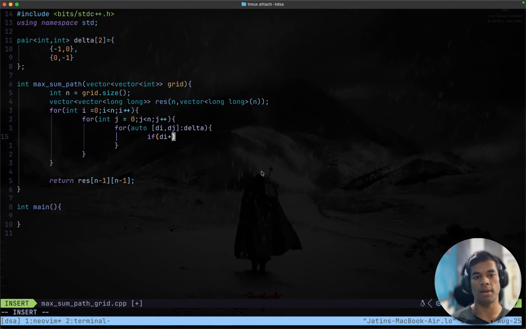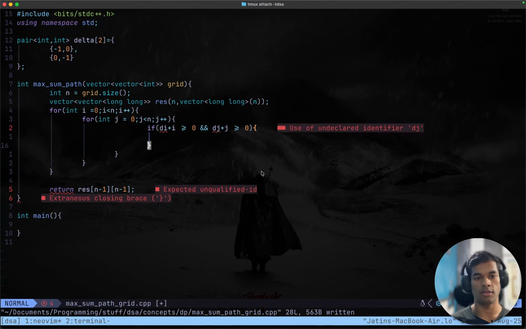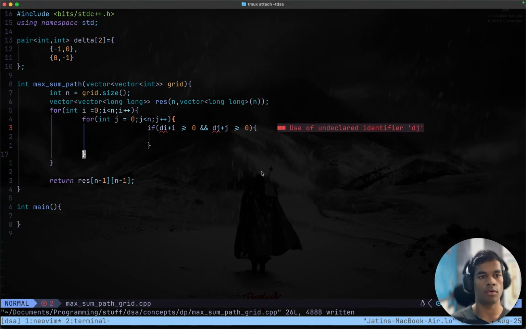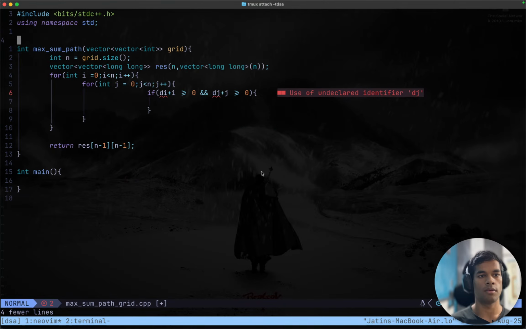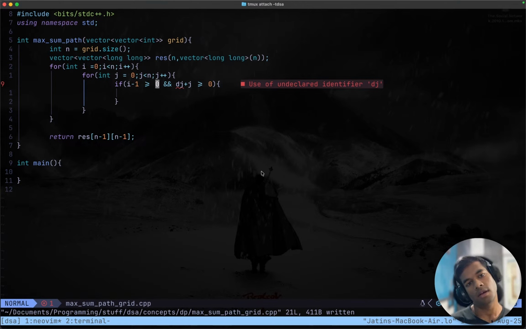If di plus i greater than equal to 0, and dj plus j is also greater than equal to 0. And I think this is more confusing, and instead we could simply use i minus 1,